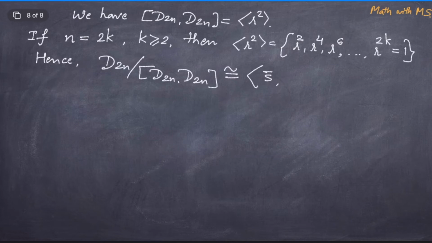So, it will be generated by the coset of R bar, where S bar satisfies the identity S bar square is 1 and R bar satisfies the identity R bar square is 1, and the relation in this case will be just commutation. So, S bar R bar is R bar S bar. So, this in fact will be isomorphic to the Klein 4 group Z mod 2Z times Z mod 2Z.